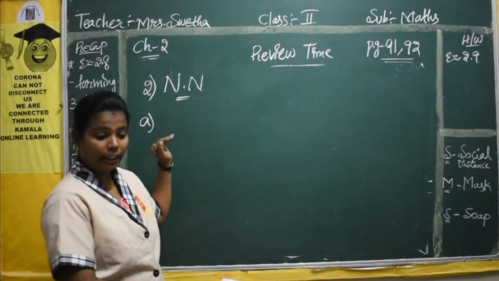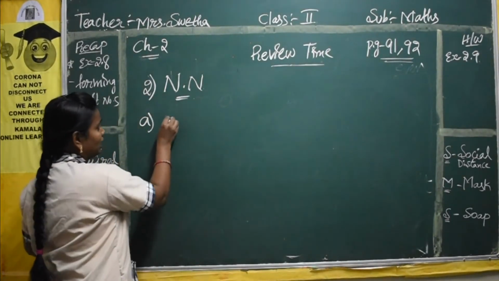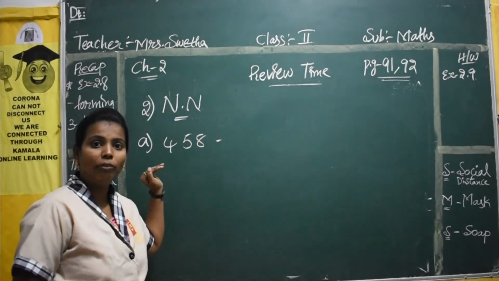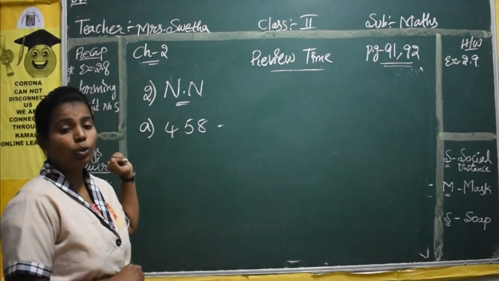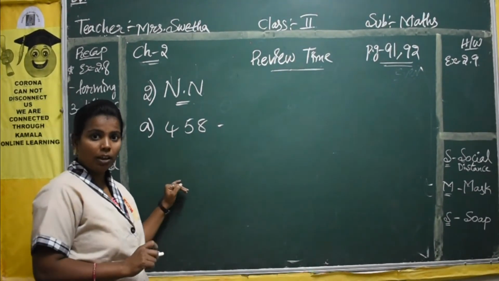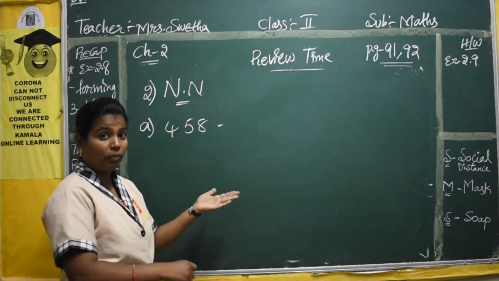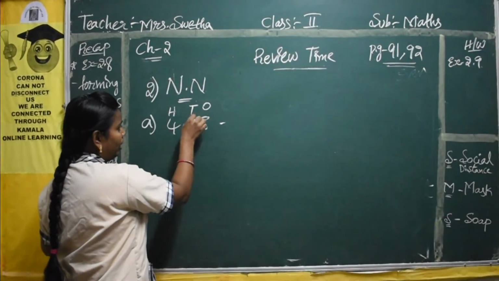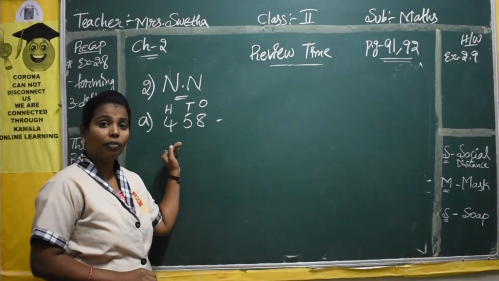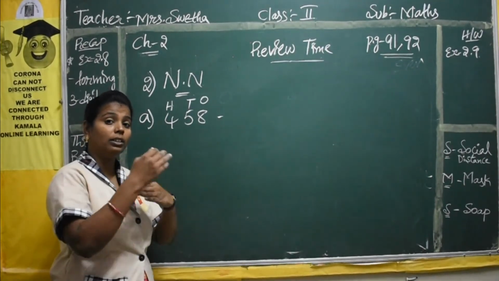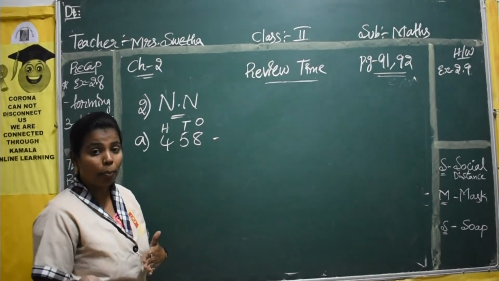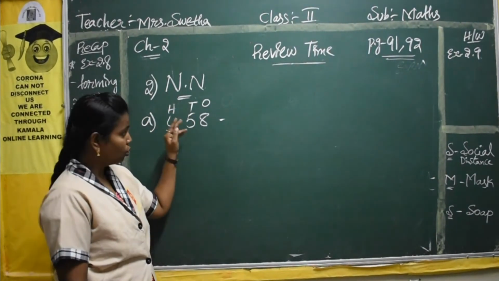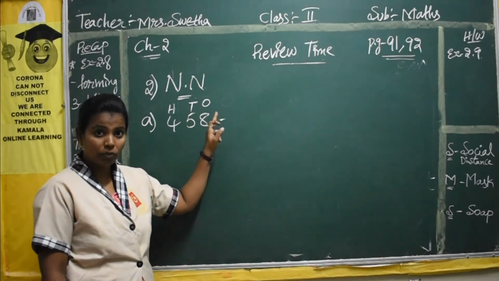In the number names, the first question they have given you is 458. To write the number name here, first you have to write the places of the numbers. Do you know what the places of the numbers are? Already we have learned in our previous classes. The places of the numbers are ones, tens, hundreds. These are very important for a number, whether it is a number name, numeral, expanded form or place of the number. These places will help you in many ways. It is compulsory to write the places on top of the number, children.